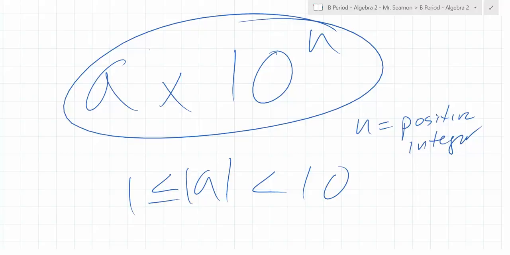What does A need to be? Why did the 4 go to 2? Where did the 4 go? What is the power